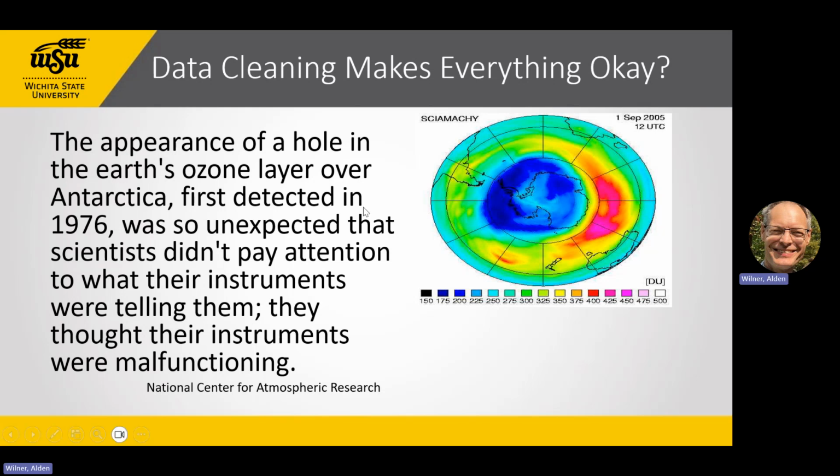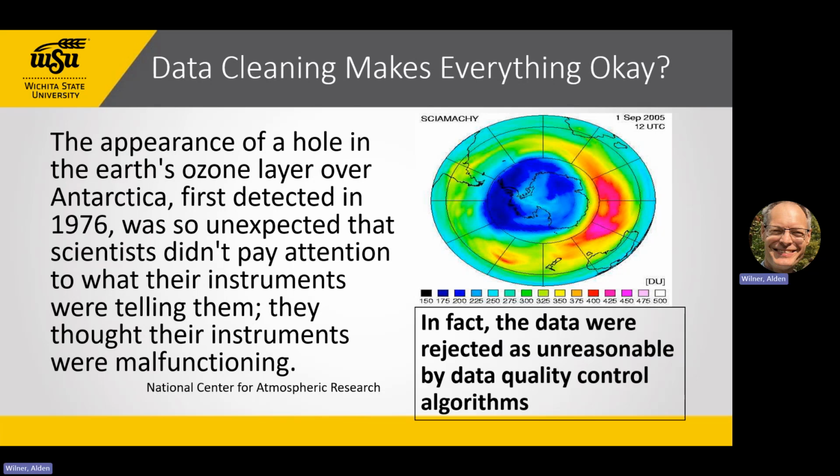They just assumed the instruments were malfunctioning. So this doesn't make any sense. Something is happening that our instruments aren't working in the cold weather, right? In fact, the data, they had algorithms out there that were looking at this, and it just says, it's bad data. They didn't even show it to the researchers up front, right? Eventually, someone discovered this and realized what was going on, that,